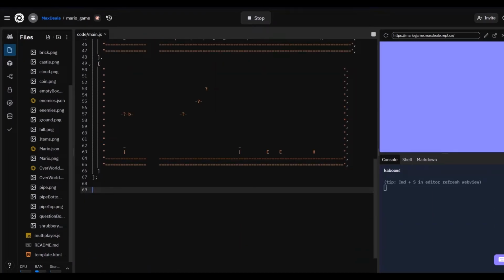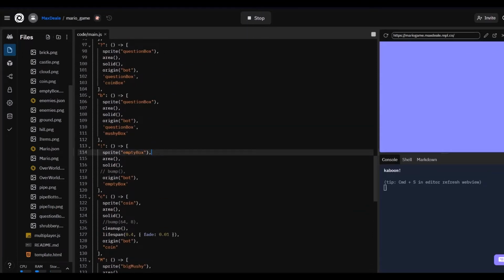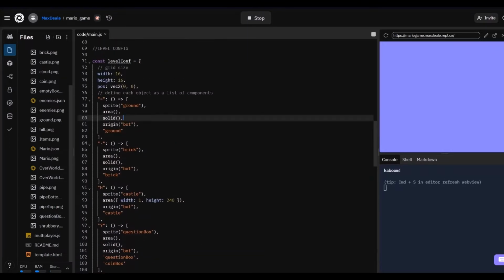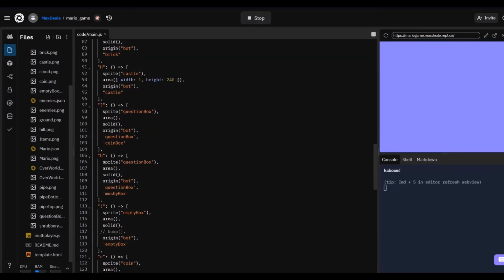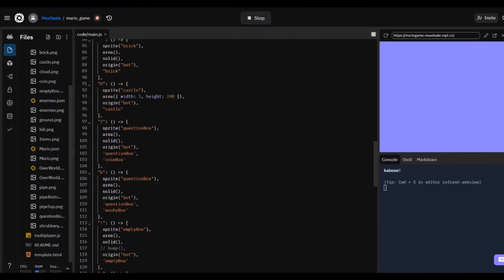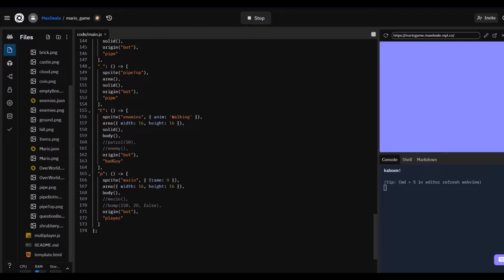Once you've done that, the next thing we're going to have to do is add our level and game config. So I'll say level config over here. And if you take a look over here, basically what we're doing is we are telling Kaboom which symbol to represent by which tag and which properties to give each symbol, right? So it does look like quite a lot, but we're basically repeating the same process for each of these game